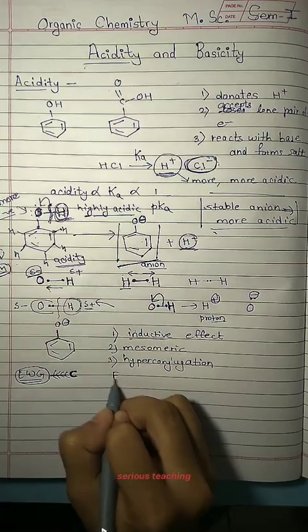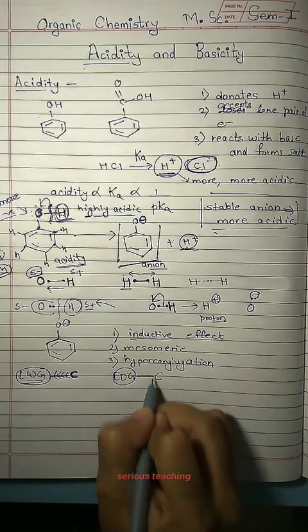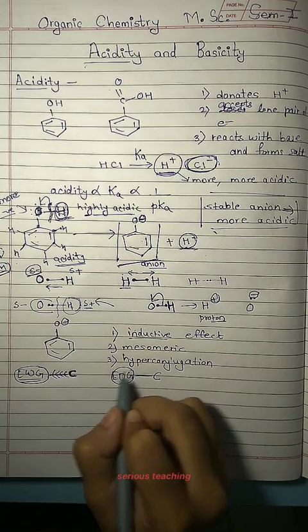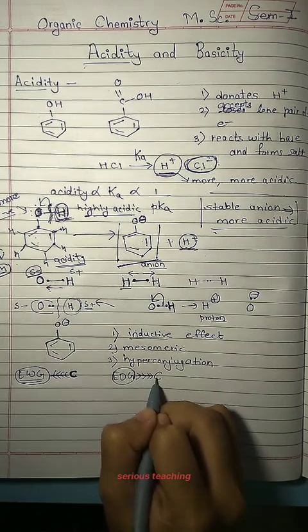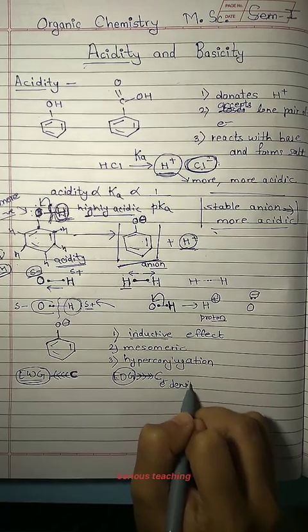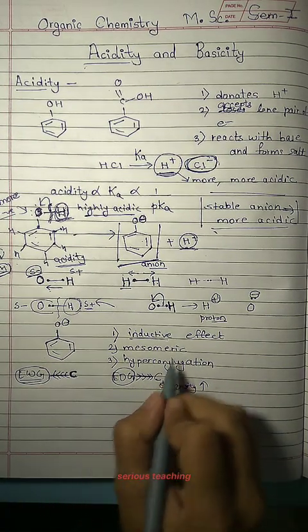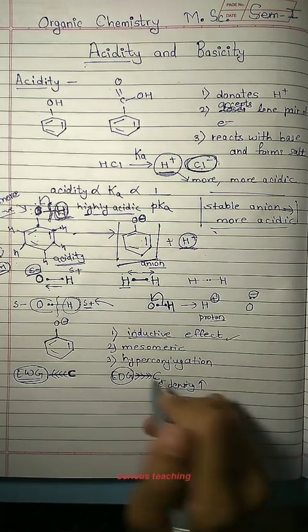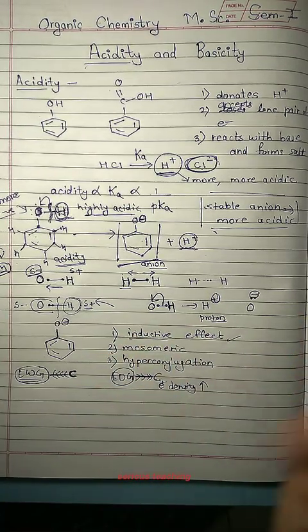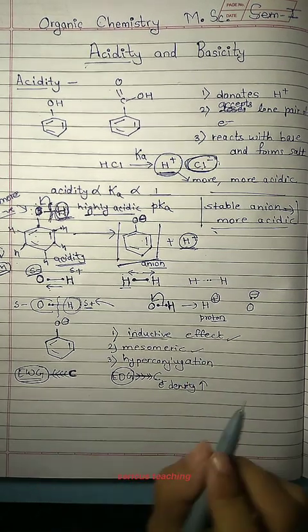Similarly, if any electron donating group is directly attached to carbon via a sigma bond, what will happen? This is a donating group, so it will donate electrons to the carbon. Therefore, electron density on the carbon will increase. So simply this is inductive effect. It is a distance dependent effect, and it works highly on 3 to 4 carbons, maximum.